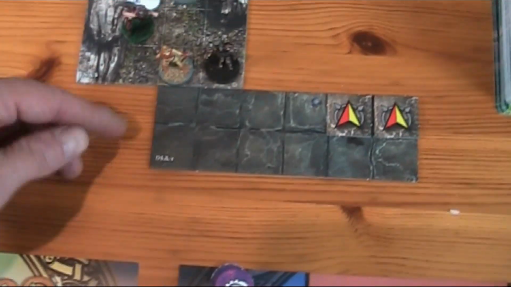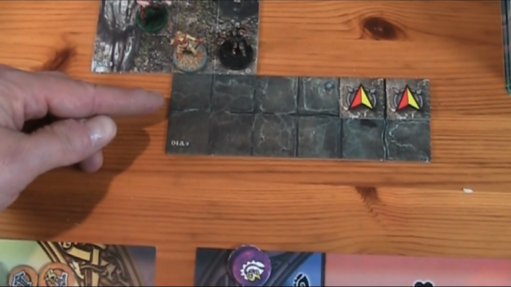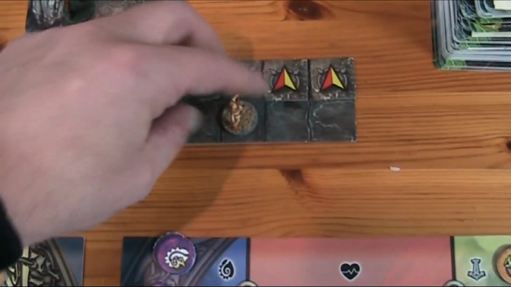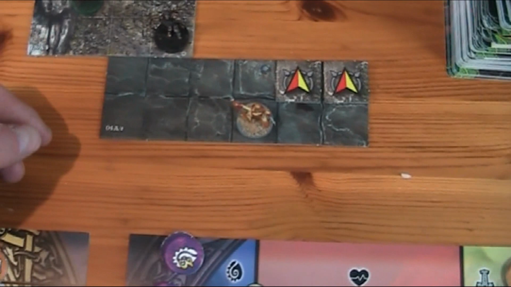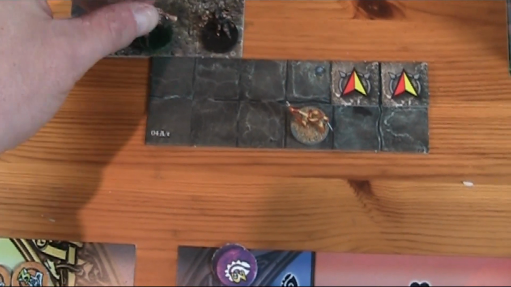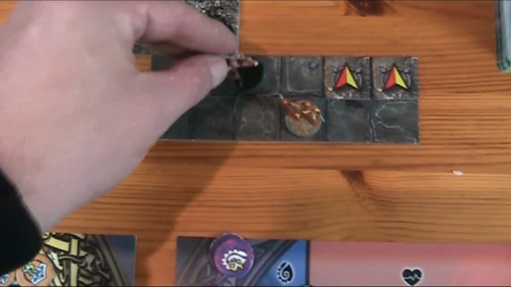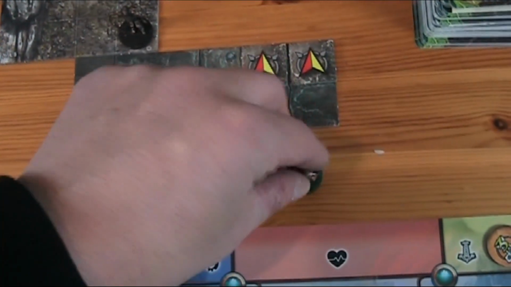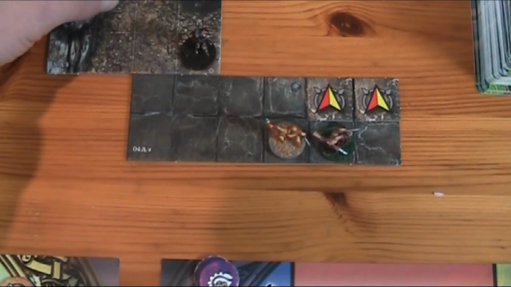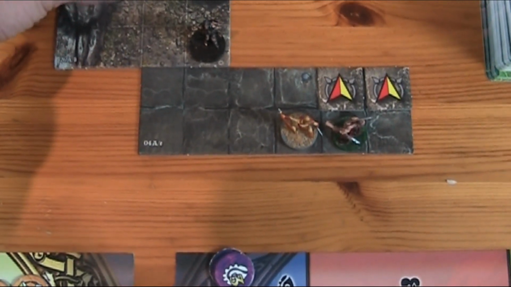You gotta be careful with the safe zone. So I think I can bring her up to here only. Yeah. Okay, and now this guy can move 1, 2, 3, 4, 5, 6. Oh, can he? Probably not, because he only has a movement value of 5. So then we take...